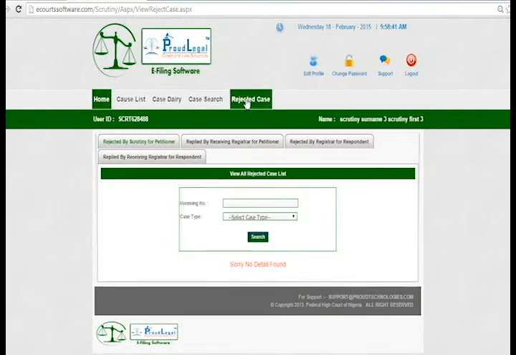Alright, this is the rejected cases. Rejected by scrutiny for petitioner, rejected by receiving registrar for petitioner, and rejected by registrar for respondent, rejected by receiving registrar for respondent. So these are the few types of rejected cases.